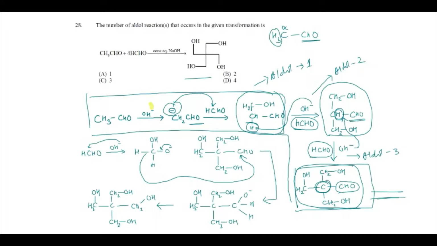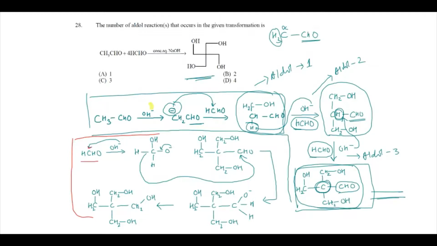This is not the product. That means another reaction will happen which is not aldol condensation. The next reaction that is going to happen is the crossed Cannizzaro reaction, which I have shown in this section. If you check very carefully, you can see that the OH group now is going to attack the carbonyl carbon